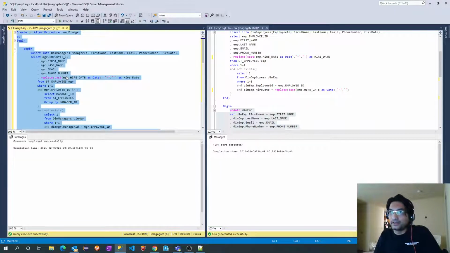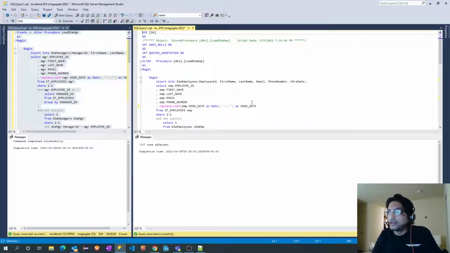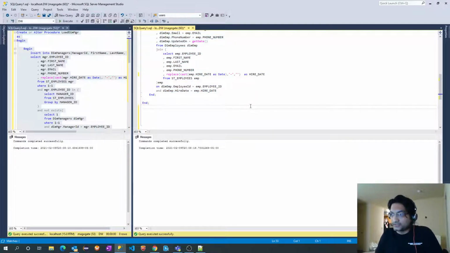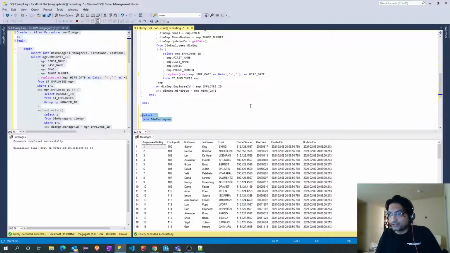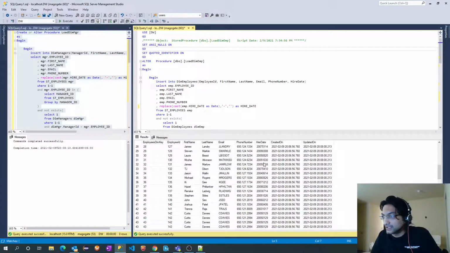So let me execute this procedure. This is fine. Let me execute this procedure. So let's check the records in select star from dim employees. There should not be any records. Oh, I executed it. Okay, I must have executed, but yeah, now the hire date is correct.